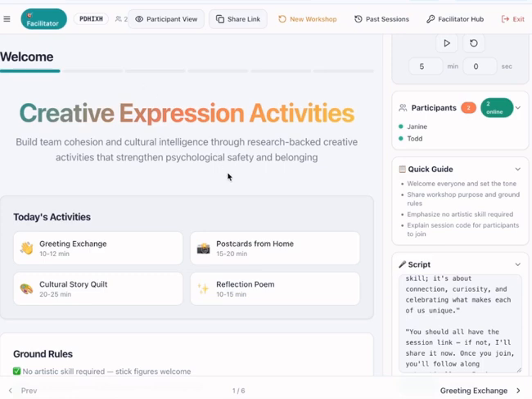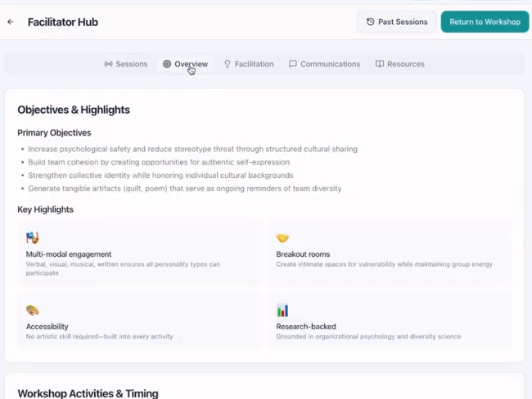So before we dive into this really fun workshop, so I can show you how it works, I always like to point out the Facilitator Hub, which I recommend any facilitators check out before any of the workshops that you plan to do with your team, just to familiarize yourself with the topic. There's some really great items within these hubs, like highlights, objectives, tips,